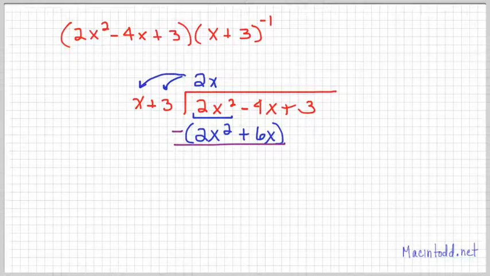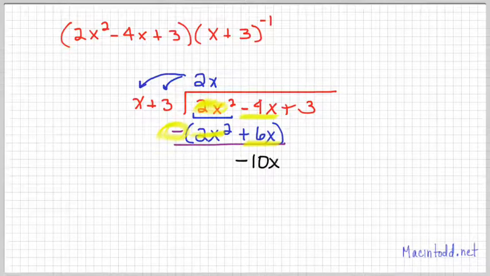There we go. So I've got 2x squared, and I'm going to subtract 2x squared. So that gives me 0. And then I've got negative 4x, and I'm subtracting 6x. And so there I get negative 4x minus 6x, which is negative 10x. And then I bring down